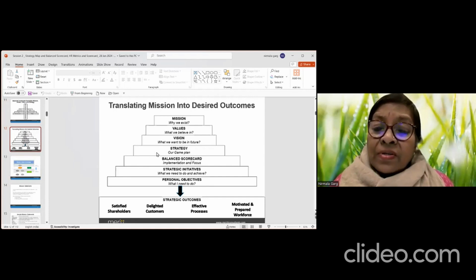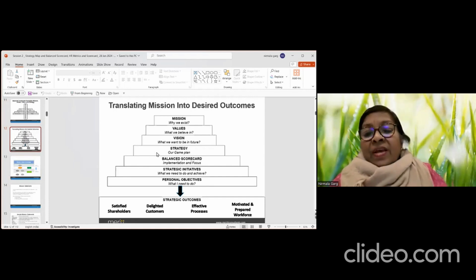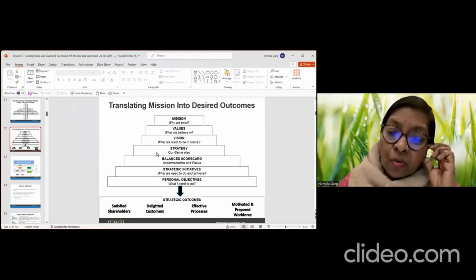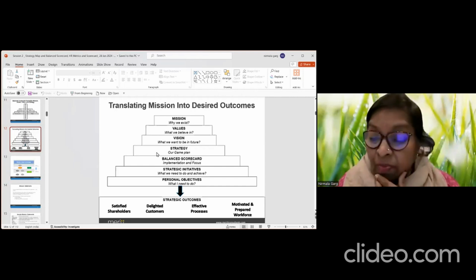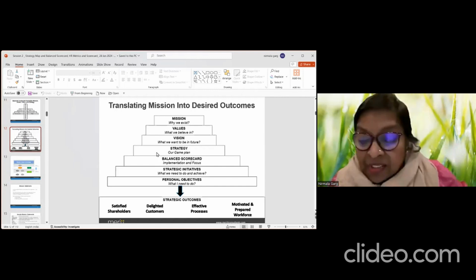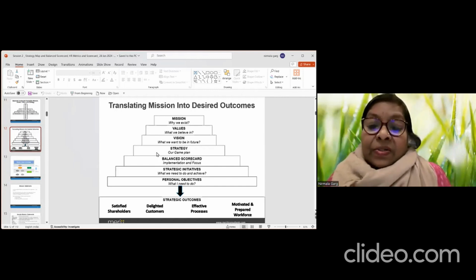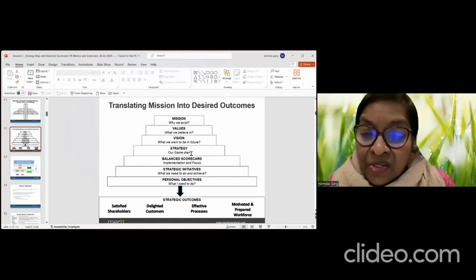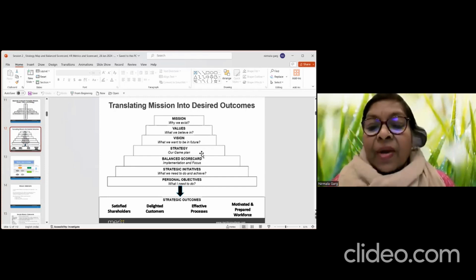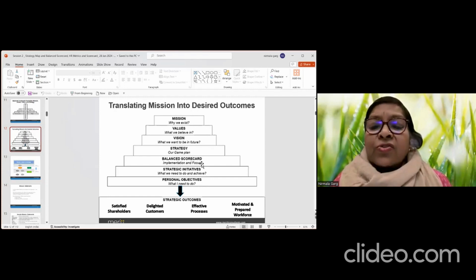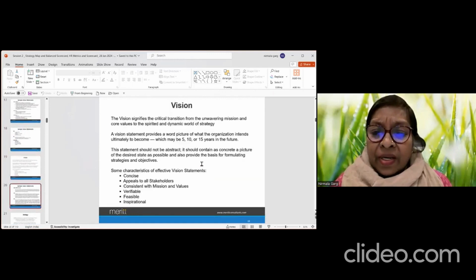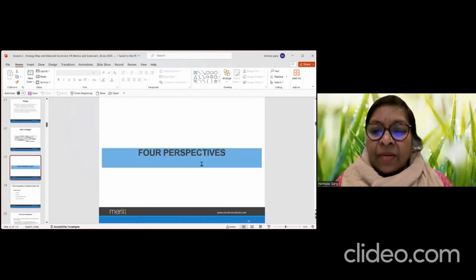Now, what is very, very important for building a balanced scorecard? You have to have a strategy. That means, what will we be doing? What is our strategy in order to deliver the products and services which will delight our customer? Once we have built the strategy and we know the strategy, then from the strategy I actually build a balanced scorecard. Now I'll just show you. When we're talking about strategy, I want to introduce another very interesting concept. It will help you to.